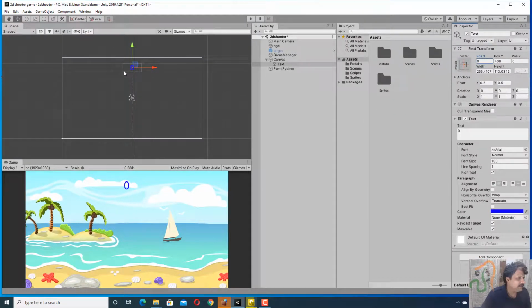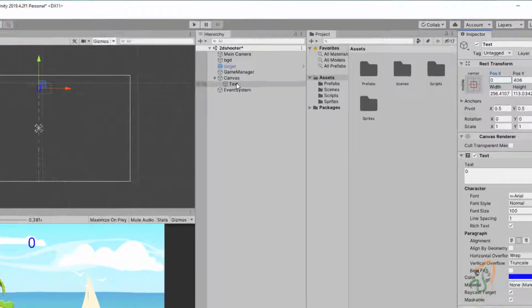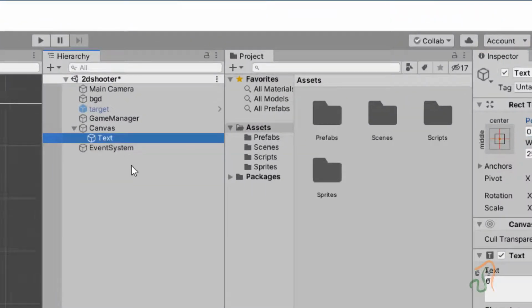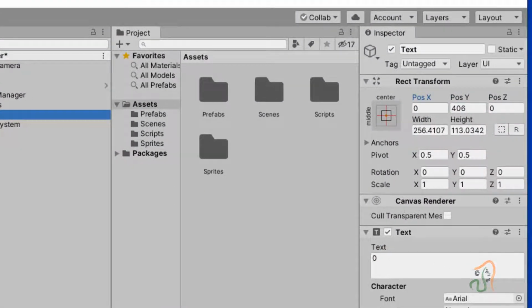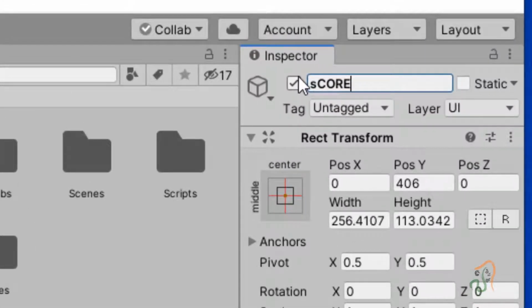So we have placed the text over here, and let us name this properly. Here double click this, or come here and give it the name, let us name this as capital S score, capital T score text.